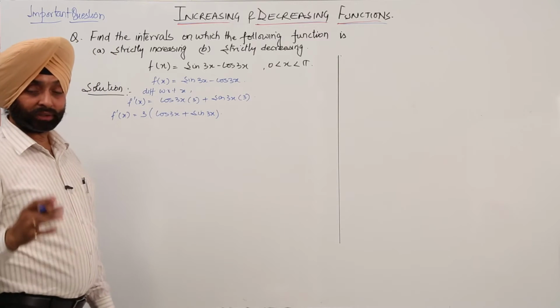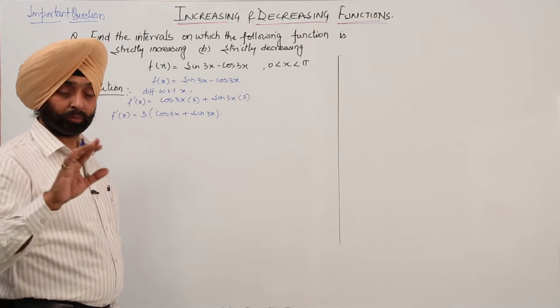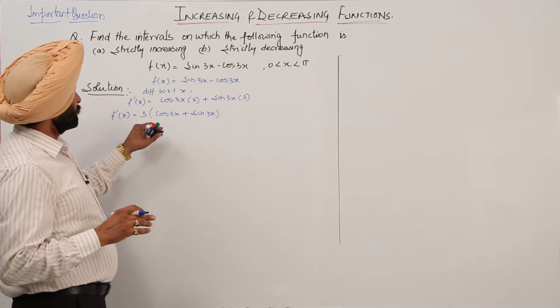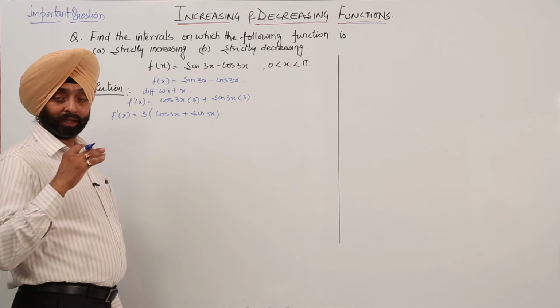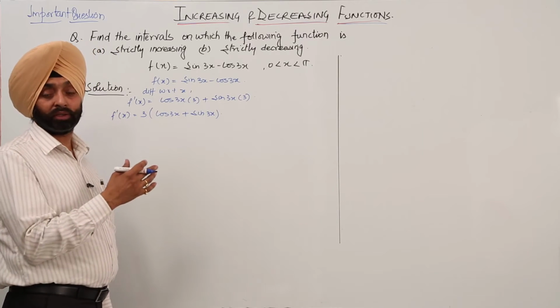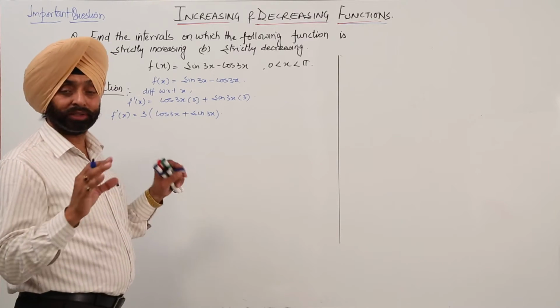Now we have to convert sine and cos into a simple function. We can have a number of ways to solve it. You could have written that cos 3x plus sin 3x is equal to 0, cos 3x is equal to minus sin 3x, then tan 3x is equal to minus 1. You could have gone like that also, okay, but I am moving with the simple steps.